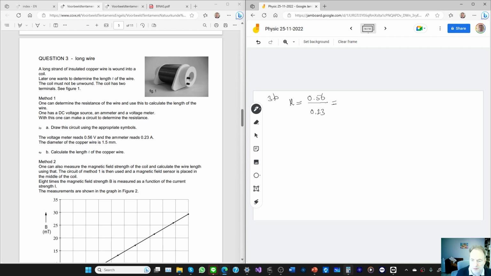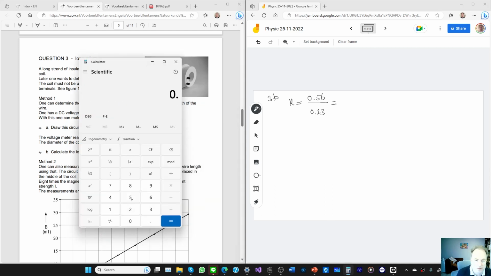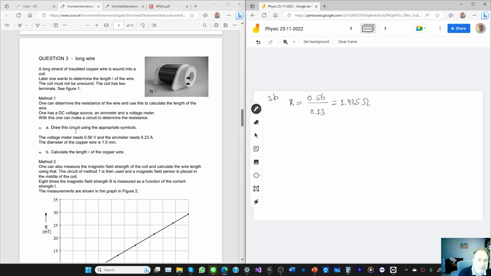And that's then 0.56 divided by 0.23 is 2.435 ohm. And they give the diameter. Now, what we want to use is